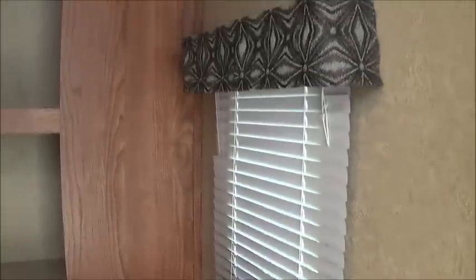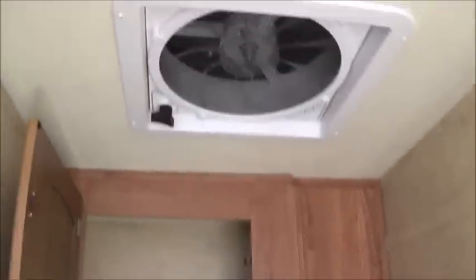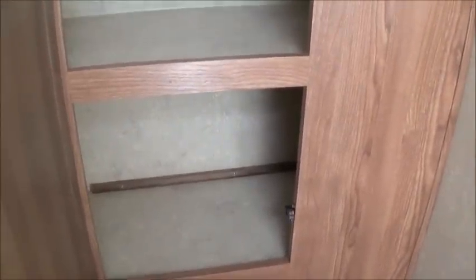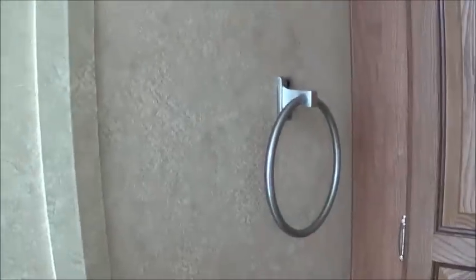If I turn around here, you can see that you have a window out the back. You have a fantastic fan in here that works very well to suck air through in and out of the trailer. We have large amount of storage space behind the toilet. Very useful for your toilet stuff and clothes and or groceries. You have a towel bar here for hanging up your bath mat, and then if you wanted you could hang up the towel bars or put towel bars in here to hang up your actual towels, which would be very handy. Dometic toilet,